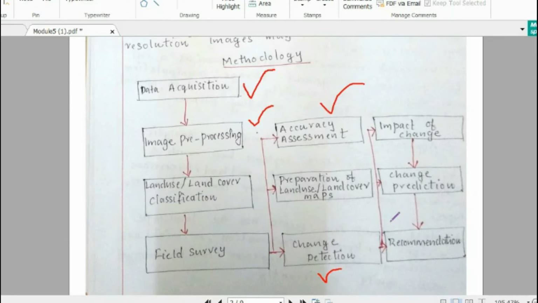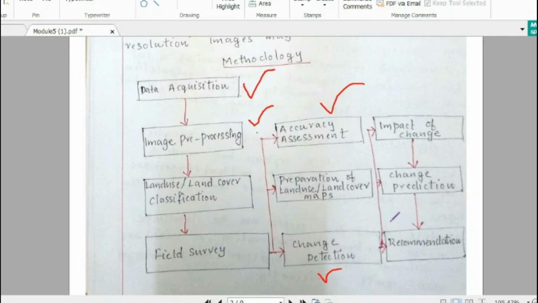So over the span of time, what is the rate of land use increase and what is the rate of land cover reduction in this area will be studied. If the land use is increasing, what does it mean? The urbanization is increasing and urban sprawl is increasing in this area.